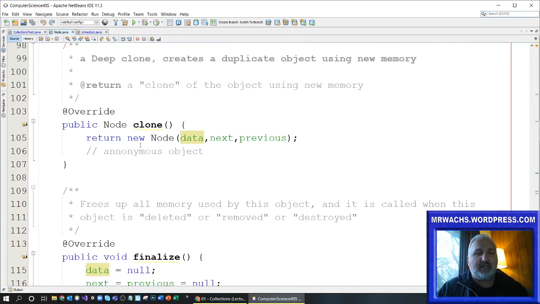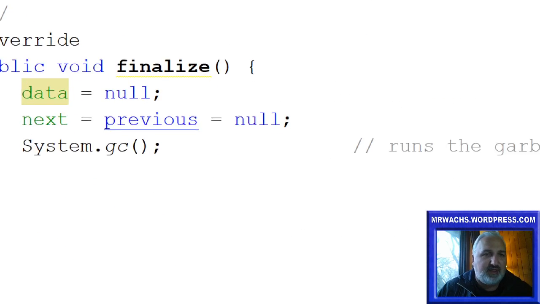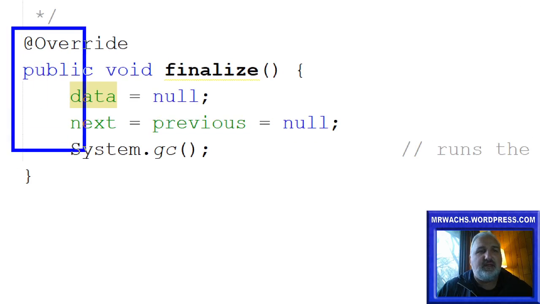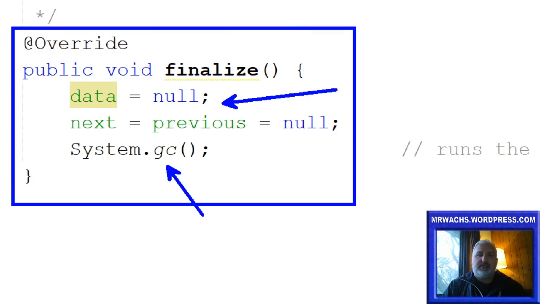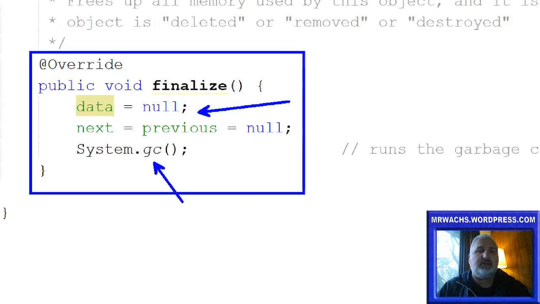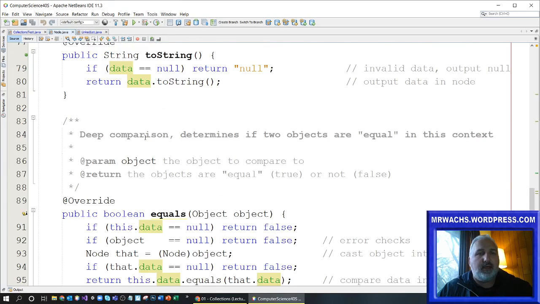You saw us override the clone method and the finalize method, which was a neat method I mentioned. This is a method that we didn't override in the previous unit, which is called when an object is destroyed or deleted. It cleans up all the memory it uses, or the garbage that the system defines it as. And that's something we did. So if a node is destroyed, this is the code it goes to wipe it out. Also, real quick in the,